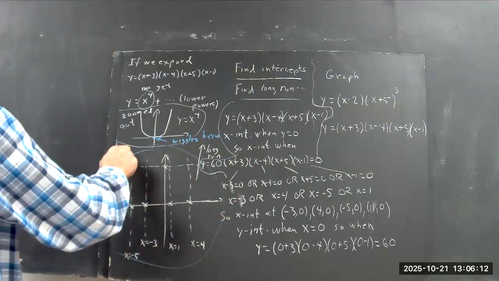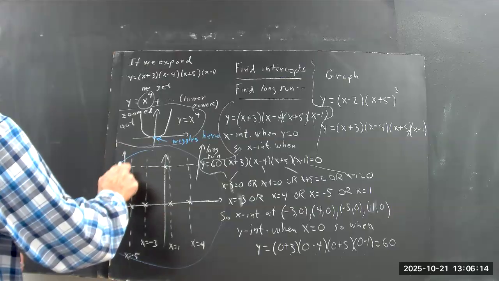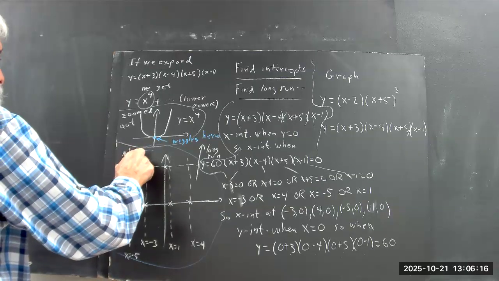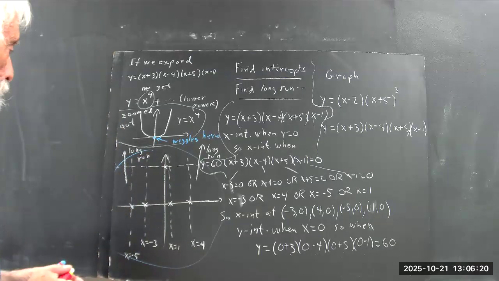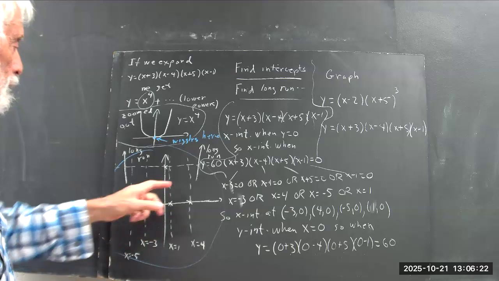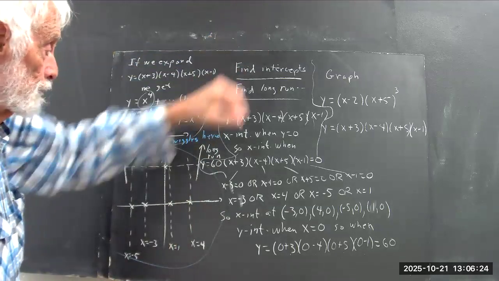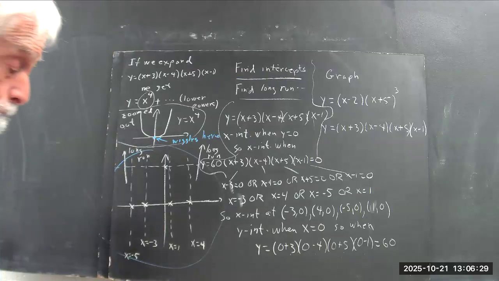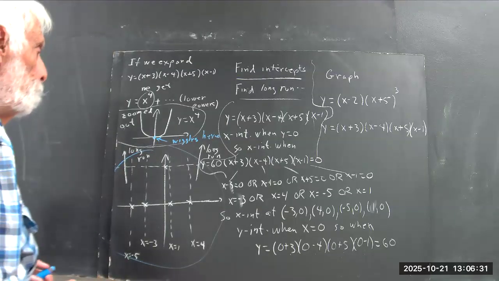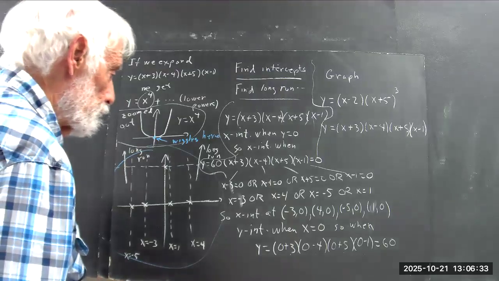Long run over here. Long run over here. So whatever it does in between, it's got to end up going up on this side and up on this side. Okay, well, the other thing is,